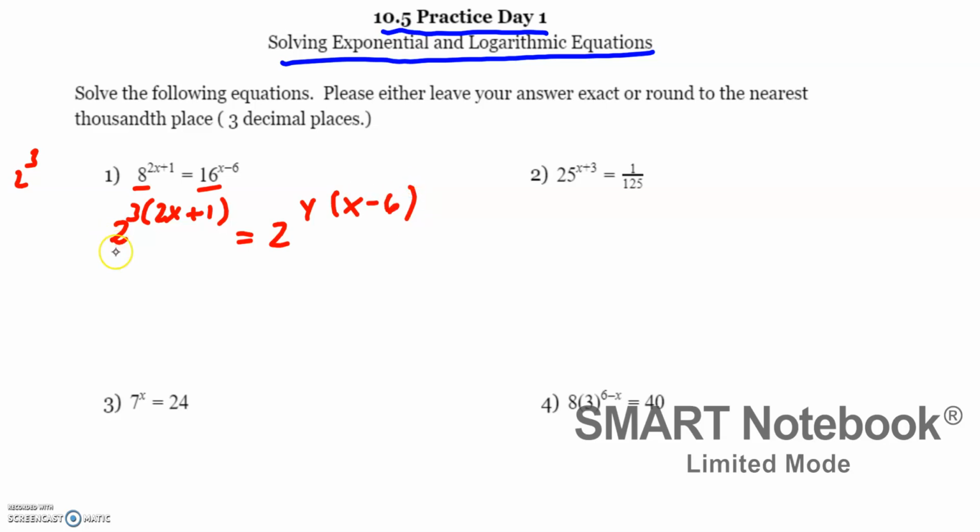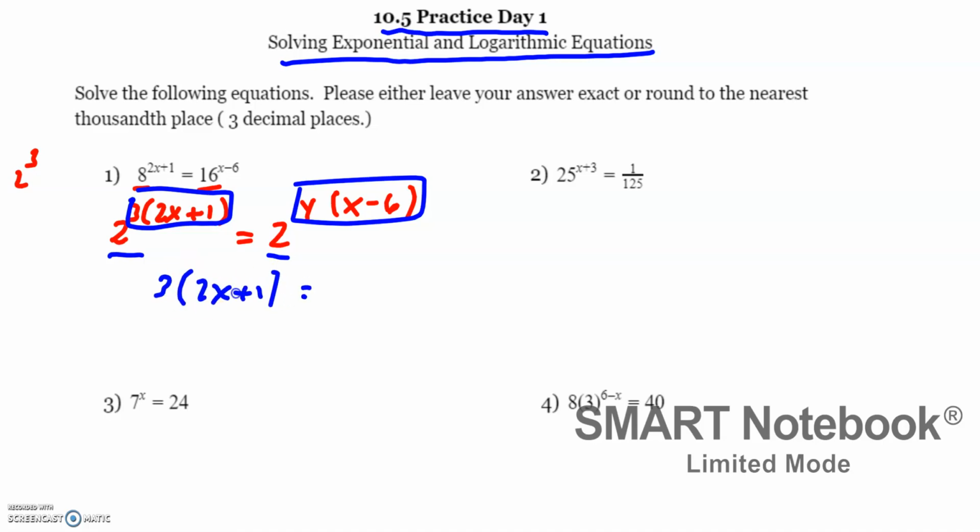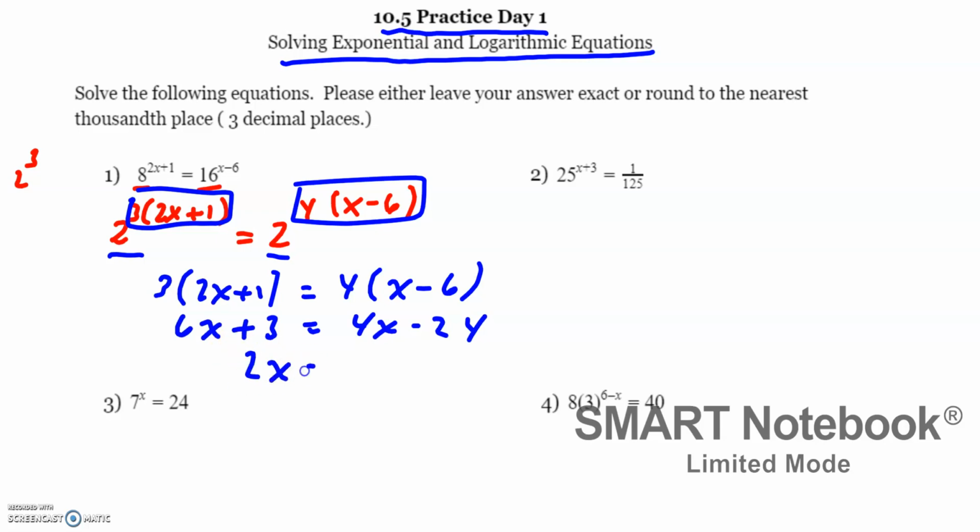And it turns out that if your base is the same, that means that your exponents also must be the same. So we can say 3 times 2x plus 1 is going to equal 4 times x minus 6. And if we go ahead and solve this equation, the distributive property, we have 6x plus 3 on this side. We have 4x minus 24 on this side. Move the x's over here, get 2x. Move the 3 over here, get negative 27. If I divide both sides by 2, my final answer is going to be negative 27